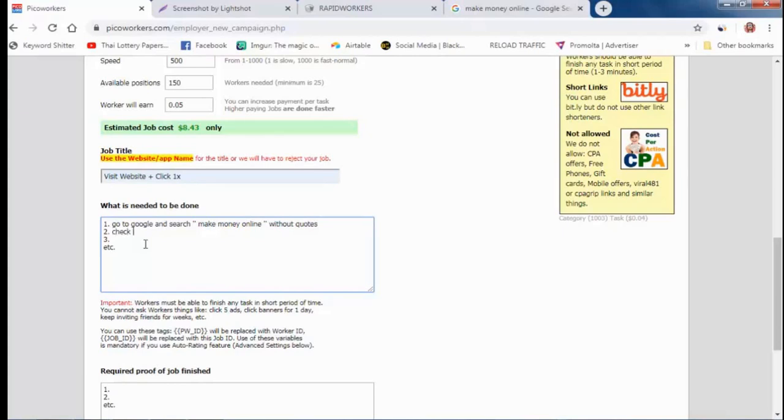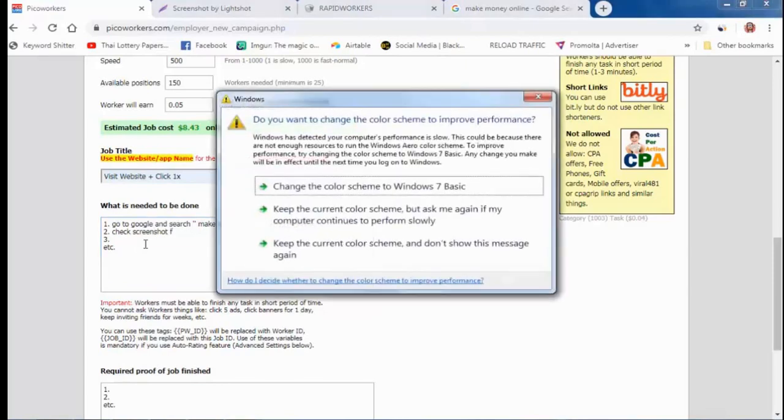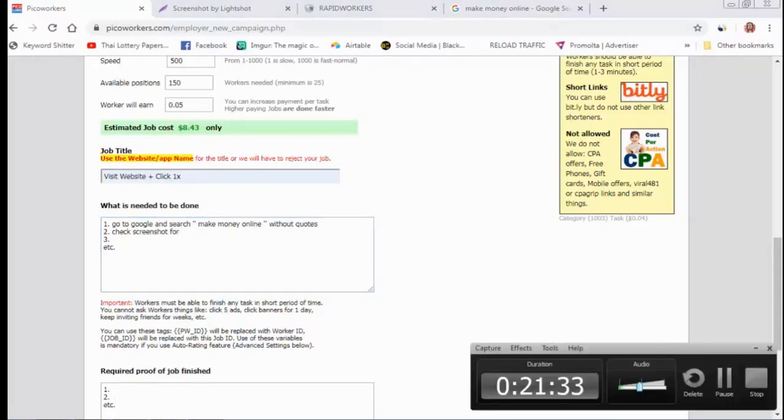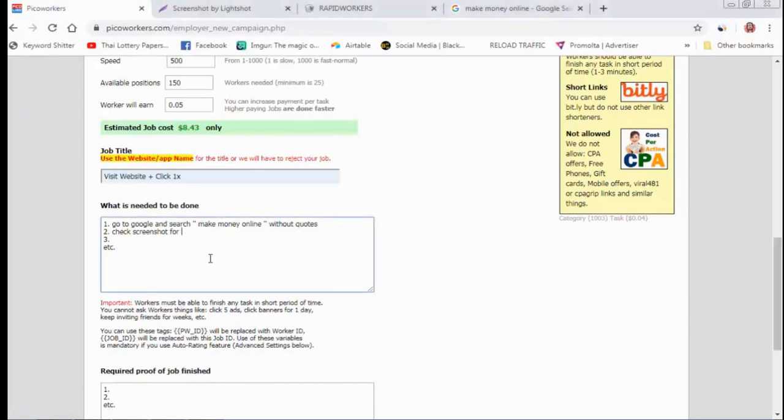Check screenshot, for example, and you paste here this screenshot link. For example, go to Google, search make money online without quotes, check this screenshot.